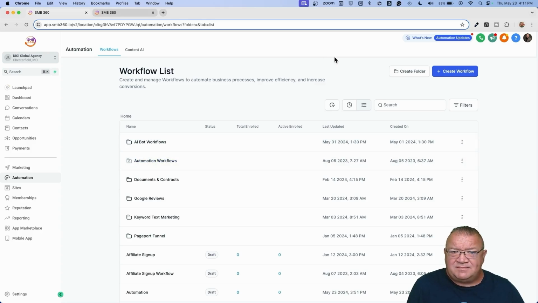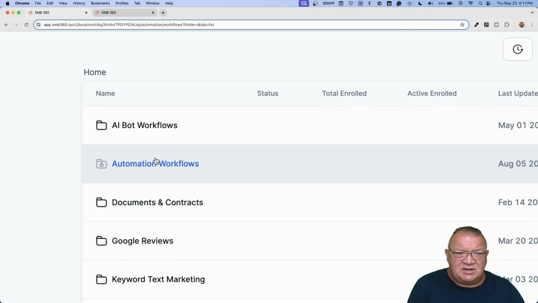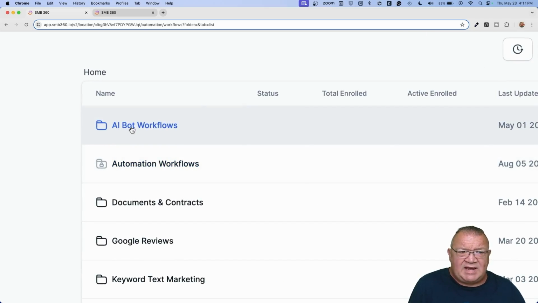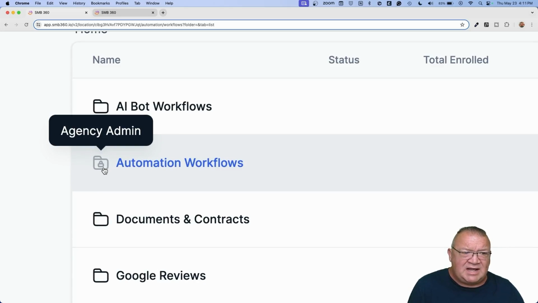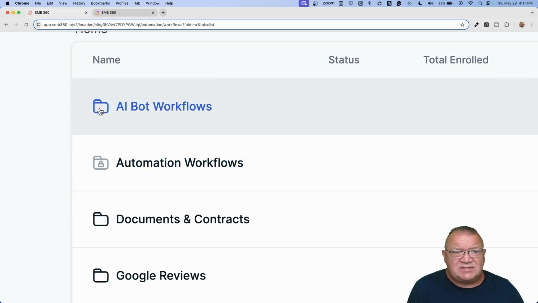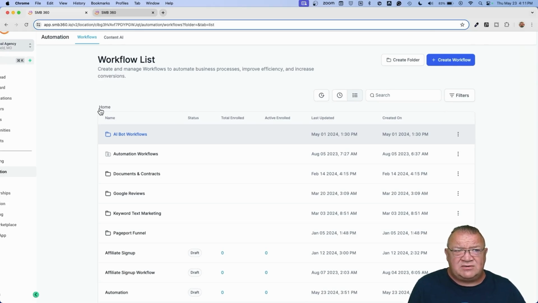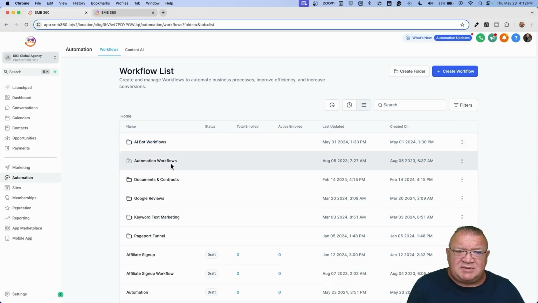Now, some of the things I want to show you about folder creation, notice that there's a difference. We have this one, AI bot workflows, which again is just a folder, but we also have automation workflows. Now notice that this icon is different. Notice that this has a little lock on there. When I hover over it, it says agency admin. If I hover over this one, I don't see that. So this is something that I want to introduce to you as an organizational level: the ability to put